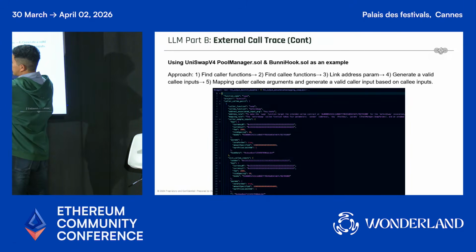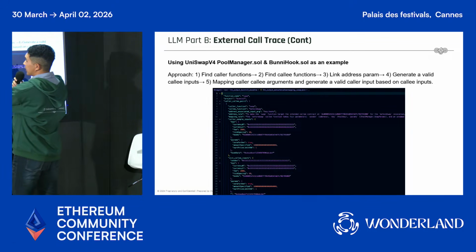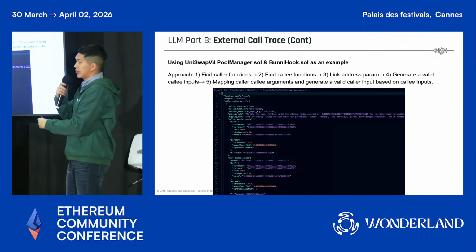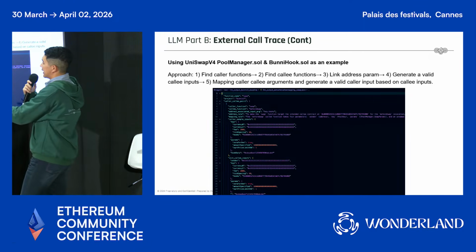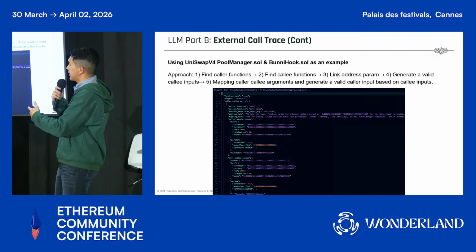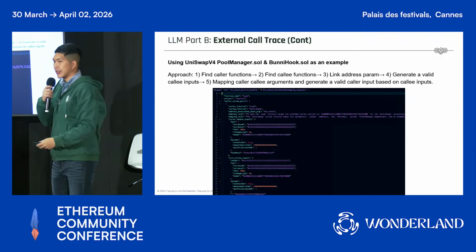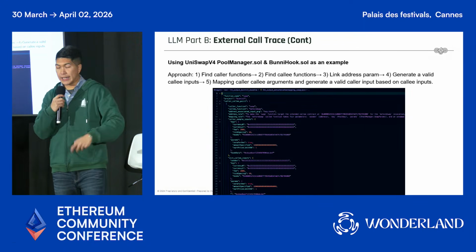So this is the Uni v4 contract, where Bunny v2 got exploited. The v4 contract makes an external call to Bunny v2, and then they would identify that the caller contract is the swap function, and the external call function is beforeSwap. But how do we manipulate it? They would suggest where the calling input is, to be able to get into the branch.